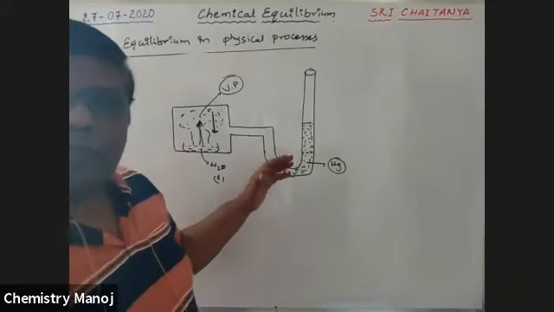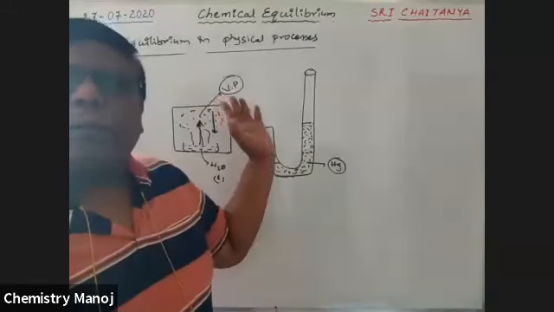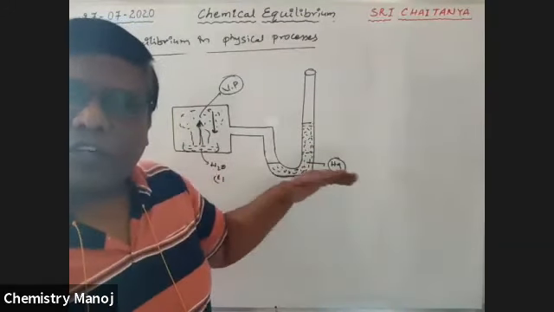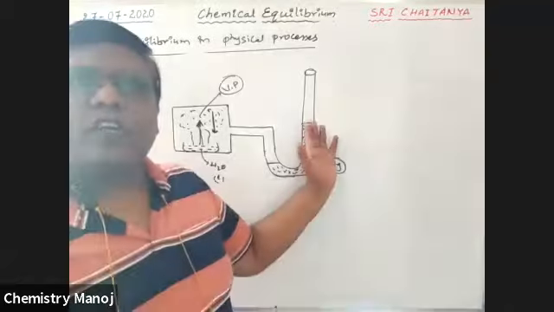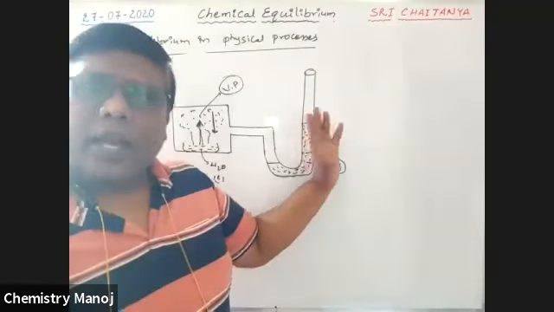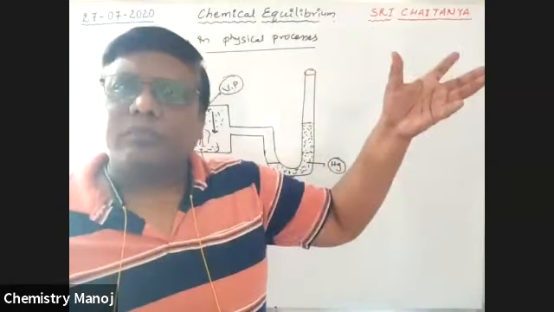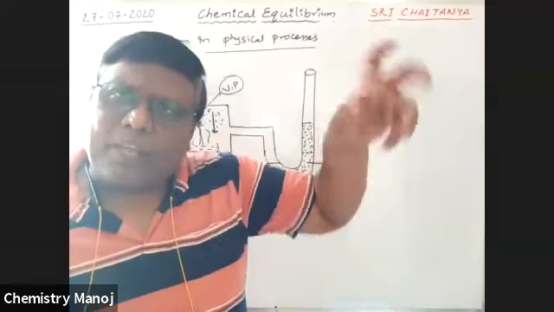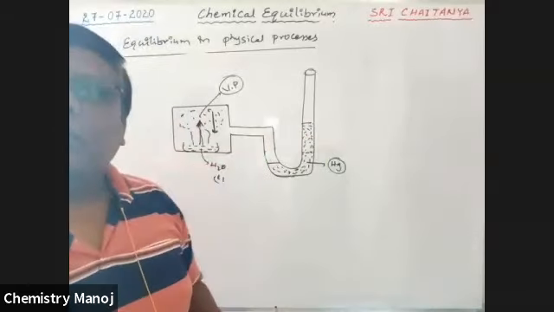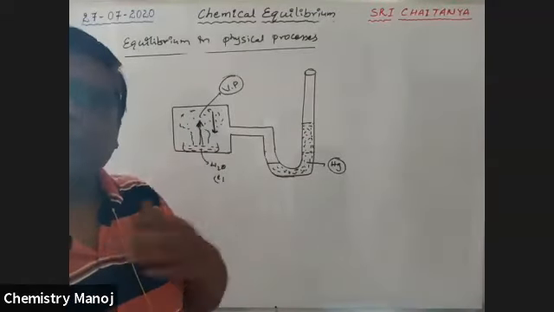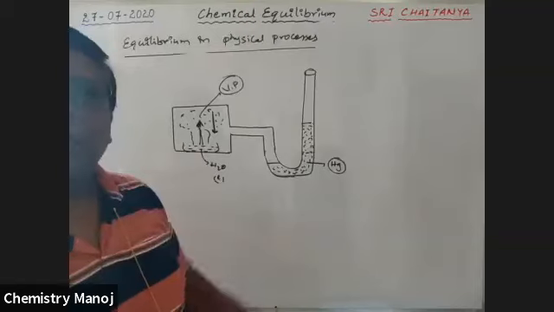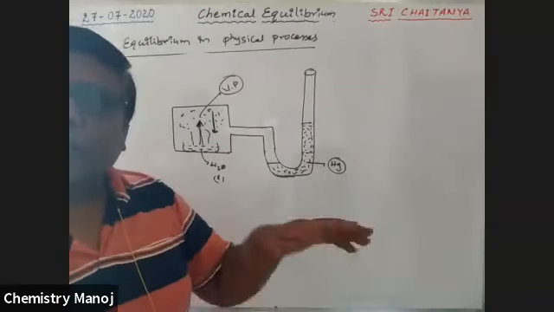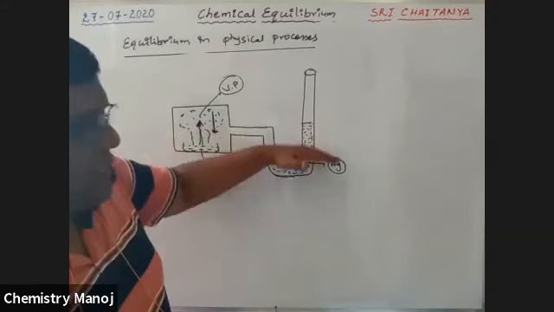So at the beginning, slowly vaporized molecules increase, the pressure inside the vessel increases, and the mercury level is pushed up. As the number of vaporized molecules grows, the backward reaction started. That is condensation, which means the vaporized molecules are converted into liquid molecules. So vapor molecules decrease, that means the pressure decreases, and the mercury goes in the downward direction.